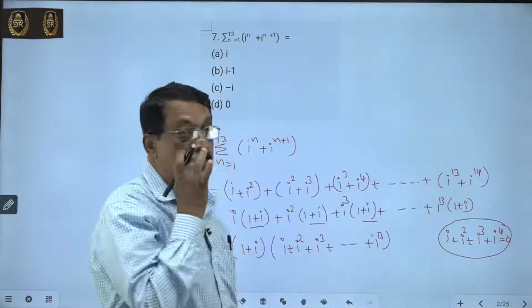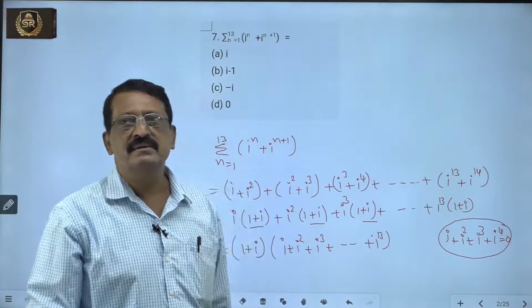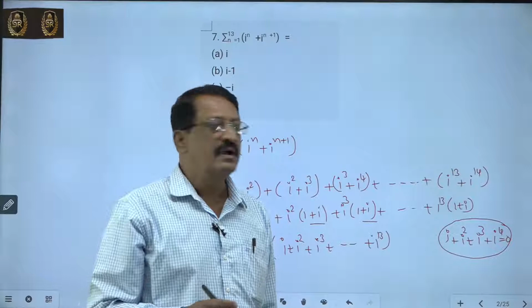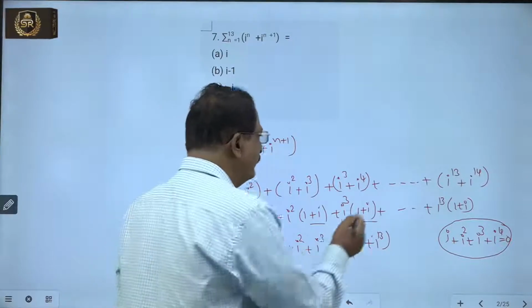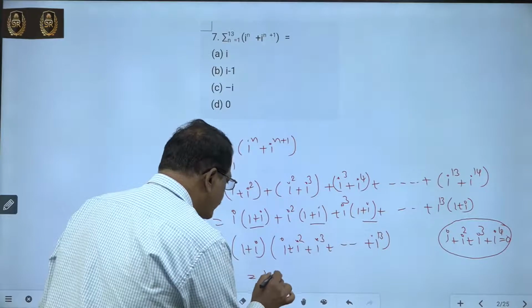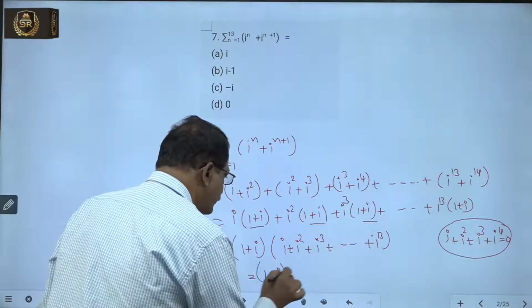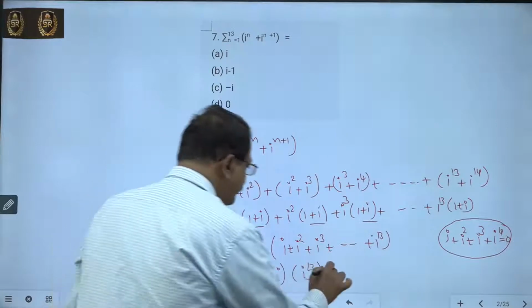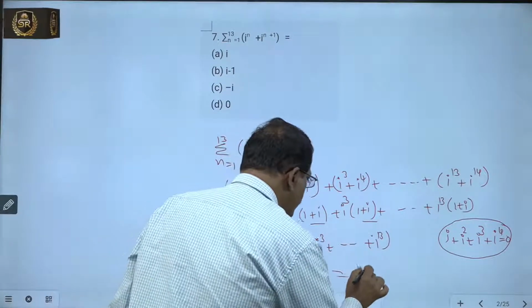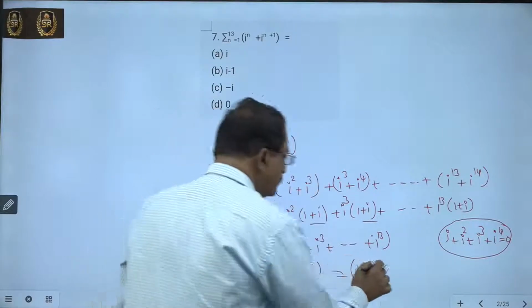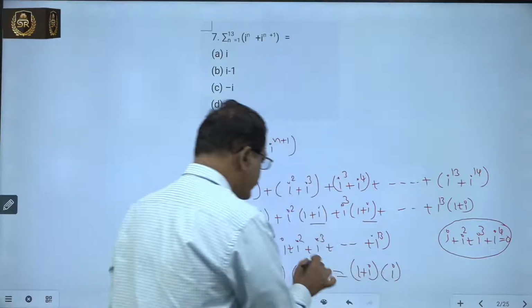Similarly, i to the power of 5 plus i to the power of 6 plus i to the power of 7 plus i to the power of 8 is also 0, up to i to the power of 12, which is 0. Then we get 1 plus i into i to the power of 13. Now that equals i, because i to the power of 13